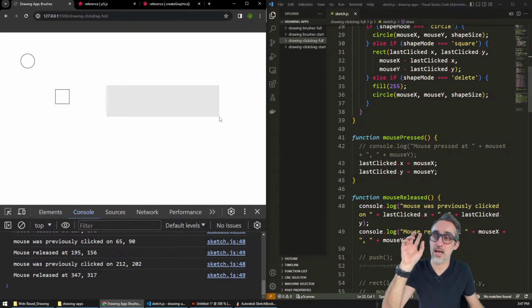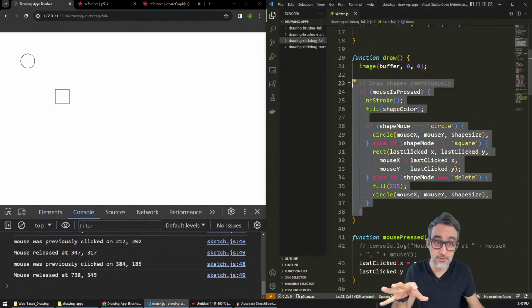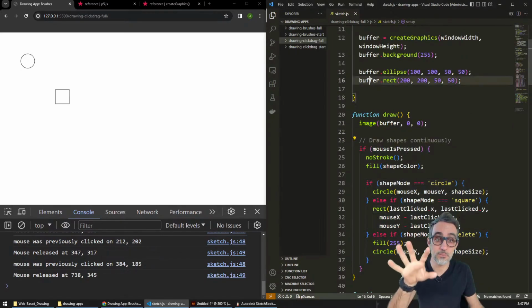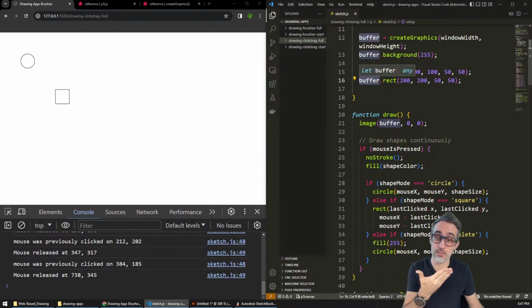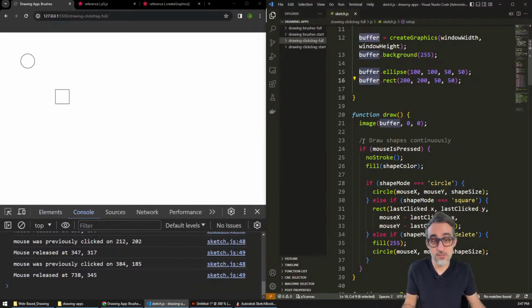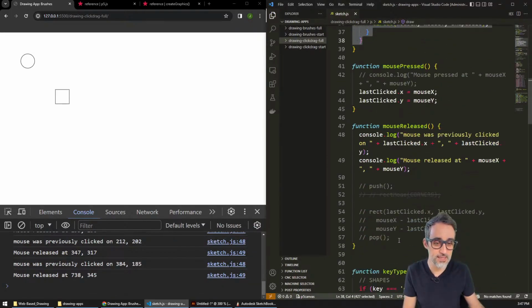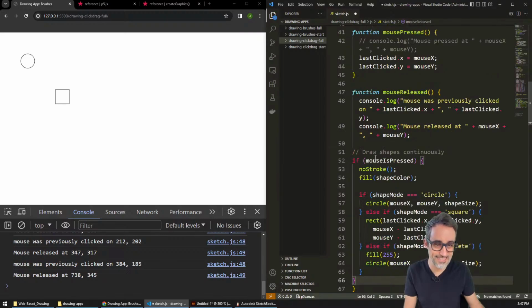Permanent means I would like to move it from this temporary rendering place to the background buffer, where the pixels are permanent forever, right? So I can pretty much copy this and say, whenever the mouse is released,